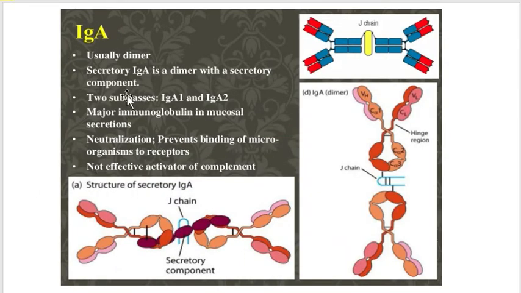Then the next class of antibody is IgA. Every day, this is the class of antibody which we secrete and produce in the highest quantity. IgA is usually a dimer, but this is secretory IgA. As you can see, the J chain is present on IgA also. This is the antibody which we secrete in all the mucosal linings, because of its small size, though it can also occur as a dimer, trimer, or tetramer. Because of its small size, it can easily be transported across the mucosal membrane.